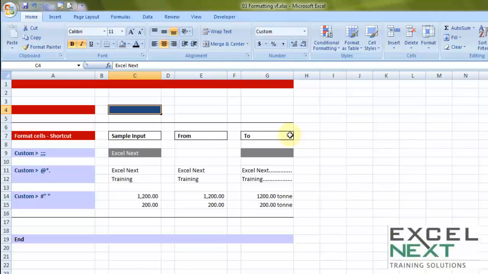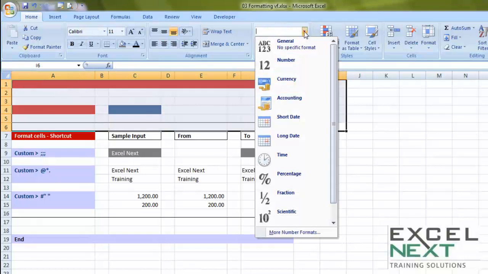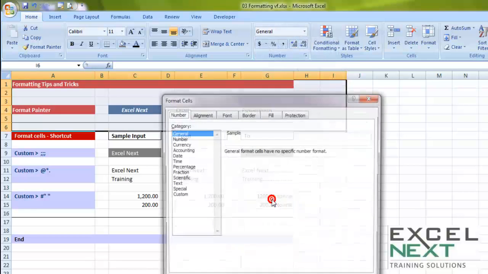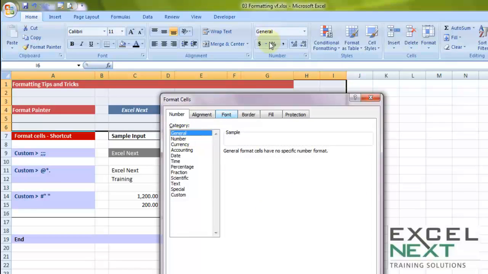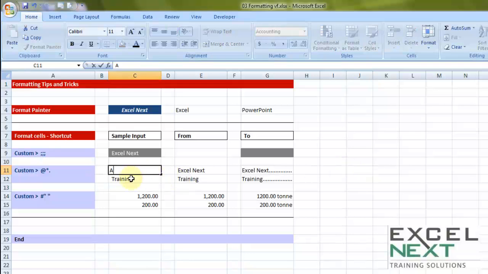So works fine. In case you want to bring it back, one option is to press Ctrl Z to undo, other is to make it general. General, you can access this from right click, format cells, general, either from here or from the tab ribbon. Alright. The next trick. Now sometimes when you're preparing names of department back to back, let's say A, maybe B,